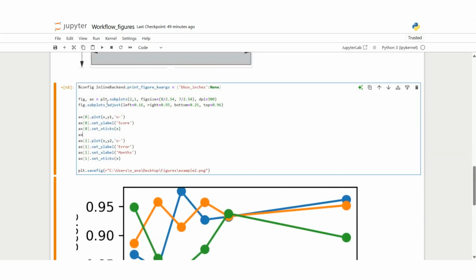So to do this, we use another function. I don't know if it's called function, that is called set x tick labels, and we'll put it to empty,